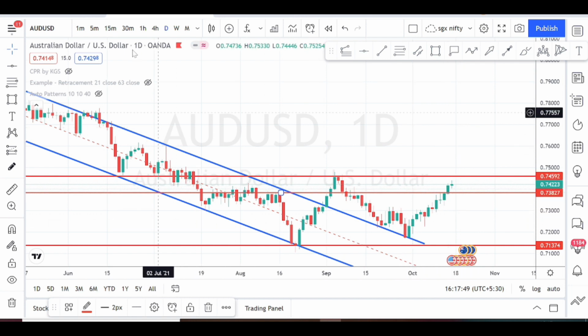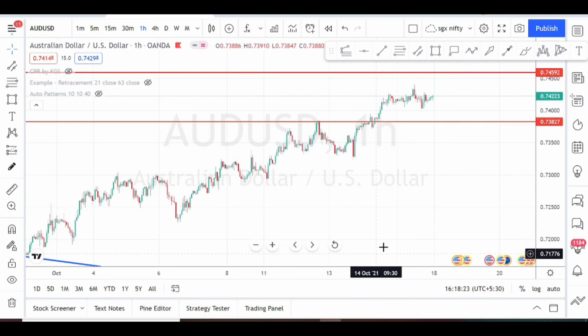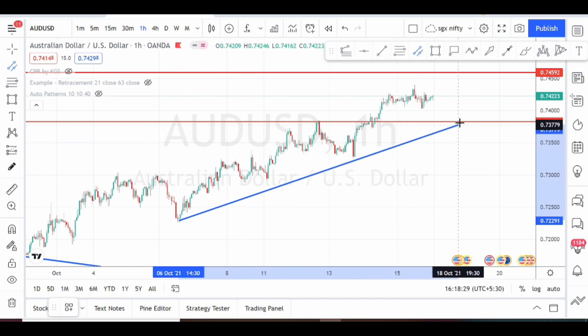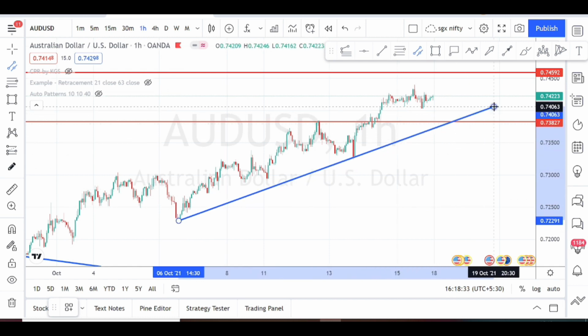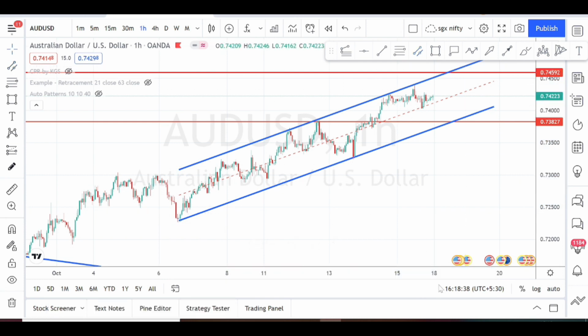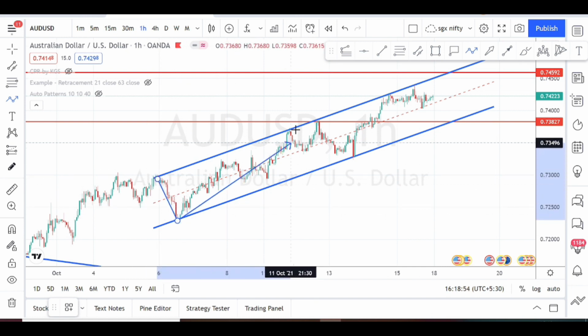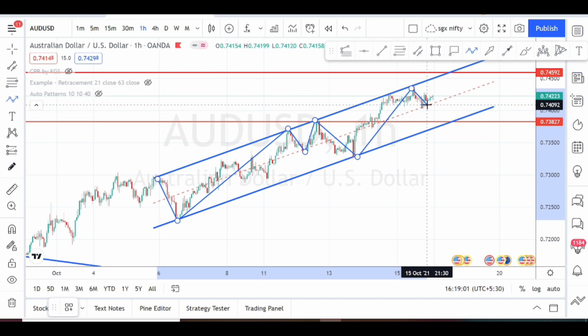Let us do the analysis in the hourly time frame. Again, when I do the trend analysis in the hourly time frame, I can notice that it has traveled in a channel pattern. This was the bottom, top, and again here the price action has traveled in a channel pattern. You can notice it clearly from here. Downtrend, took support, again uptrend, again downtrend, again uptrend, again downtrend. Now presently it is an uptrend. Again you can notice that it is retracing.